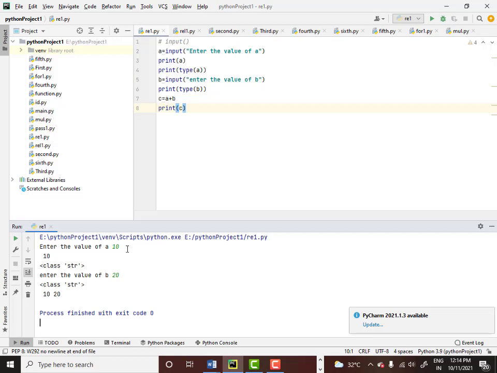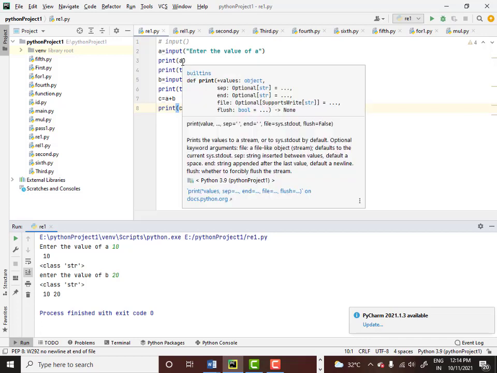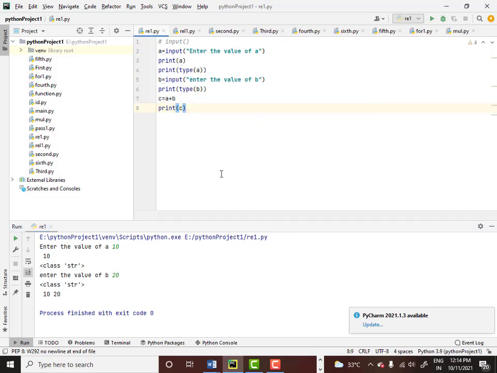So how do we solve this problem? In order to solve this problem, what we basically have to do is convert this a, which has been taken as a string, into an integer, which is very important. So the string value has to be converted into an integer value for a, and for b also the string value has to be converted into an integer value. So how do we do that? What we will do here is, I will just remove these lines for you, so that it will be easy for you to understand.